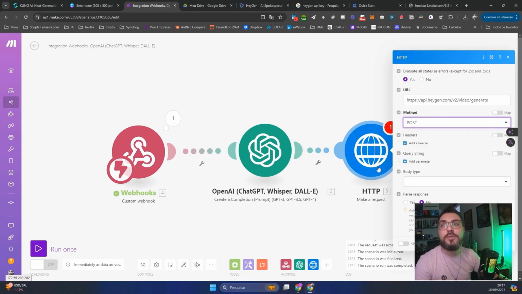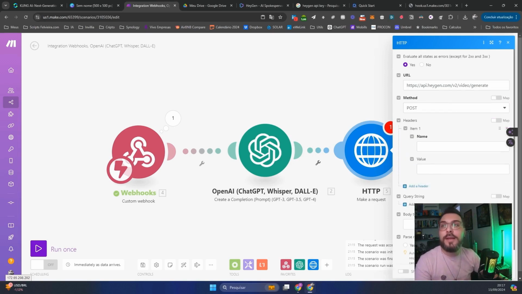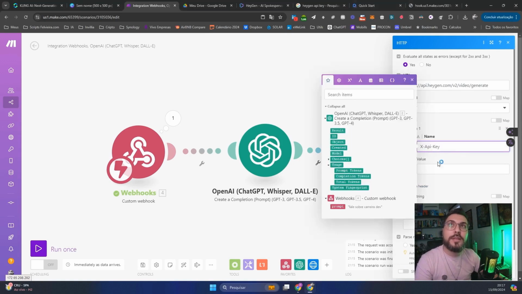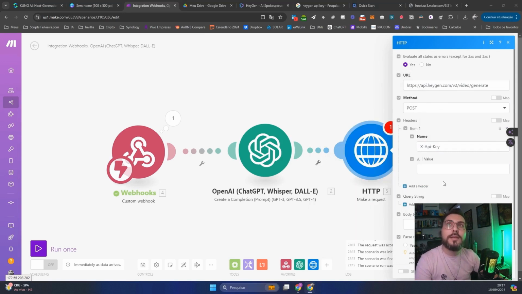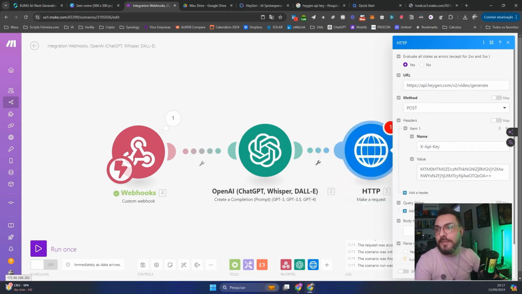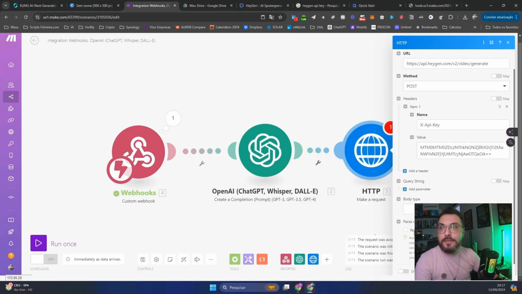So what are we going to do? In the header here, you know, that API key I mentioned, we are going to put that one here. It will be this name that receives the API key, okay? And we are going to put the API key here, all right? Yours will be different from mine. Okay, then in the body type, we are going to set it to raw, okay? Then we want it to be in JSON format,